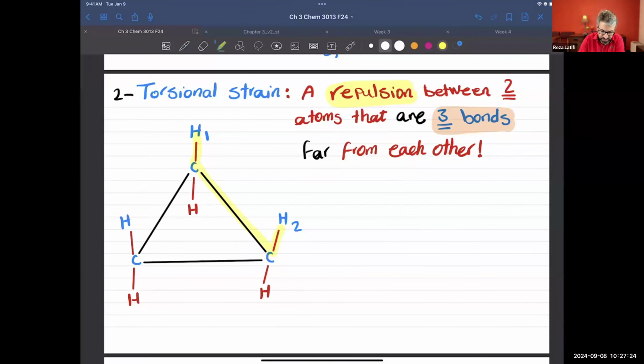Those 2 hydrogen atoms are 3 bonds far from each other. So I'm going to highlight them, that one and that one. They are 3 sigma bonds far from each other. The interaction between those 2 atoms that are 3 bonds far from each other, we call torsional